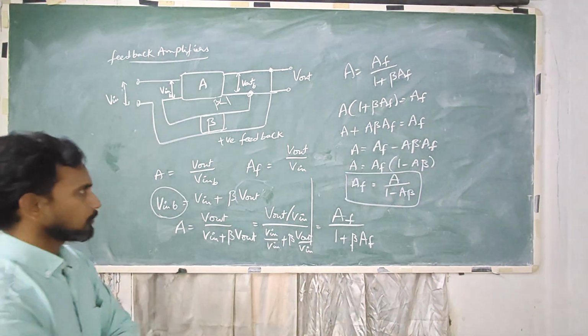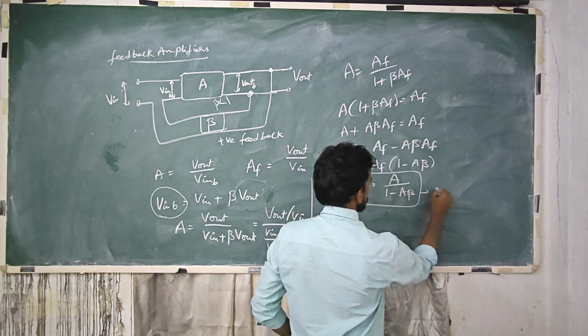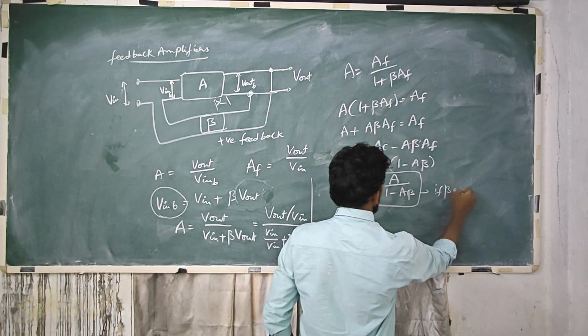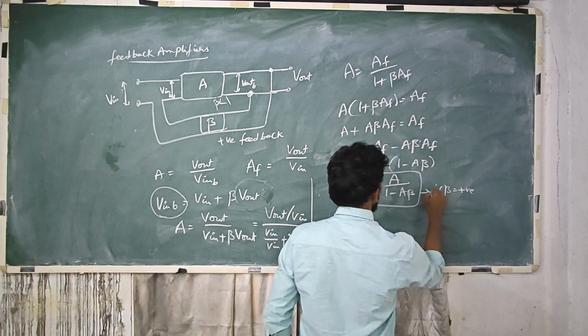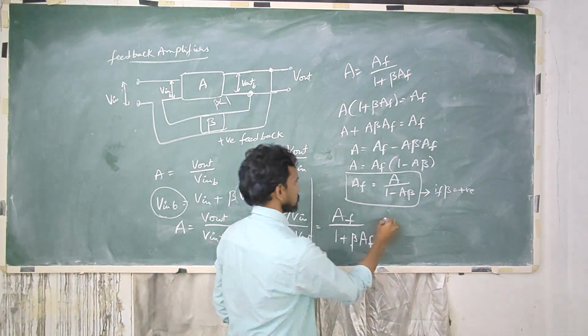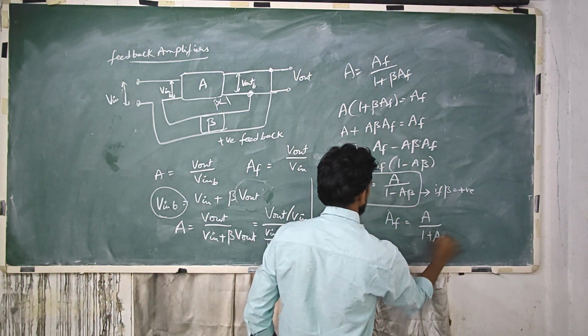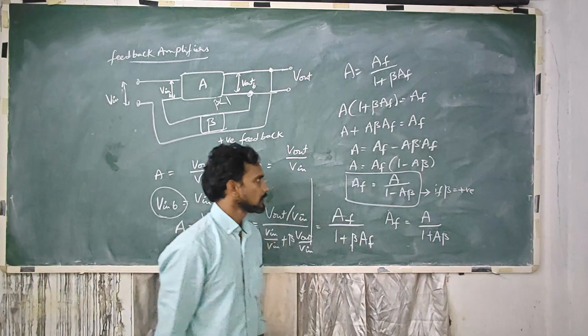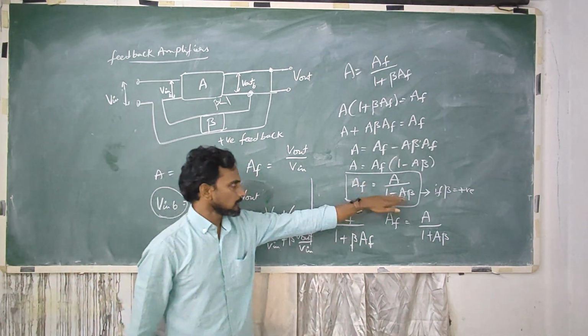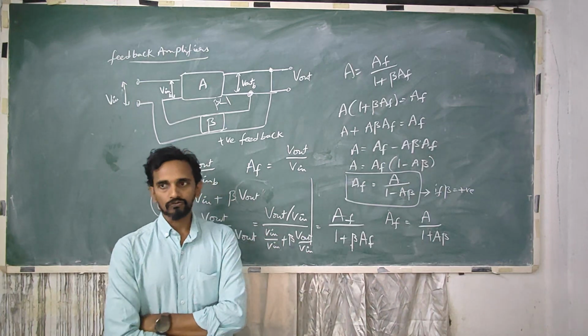So if the feedback is positive, if beta is positive, I get this equation. If beta is negative, that equation turns its sign. AF is equal to A by 1 plus A beta. That's a different story. So now the required factor is this: if A beta becomes equal to 1,